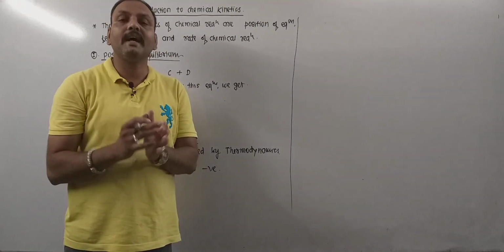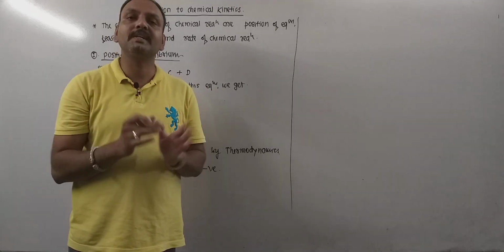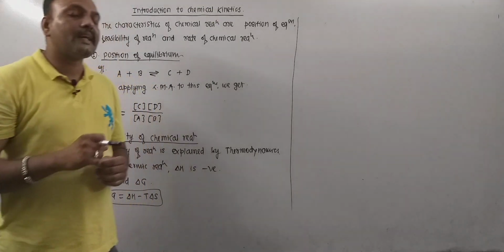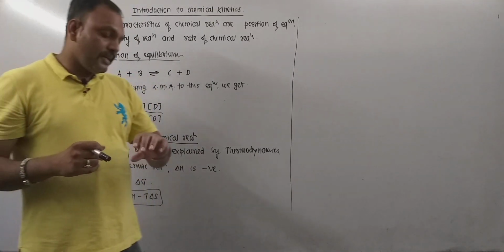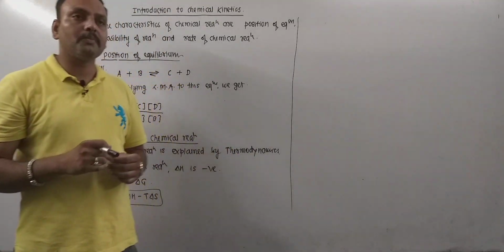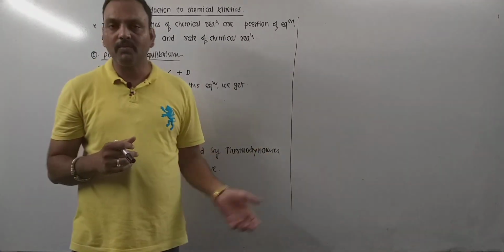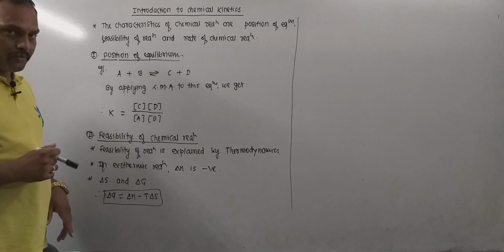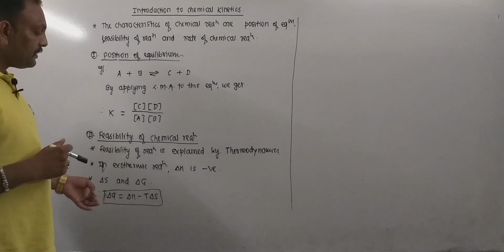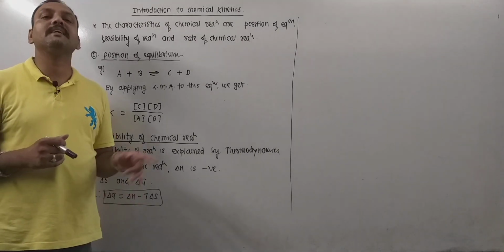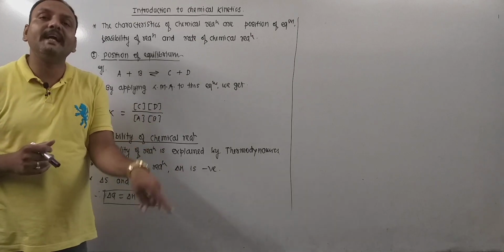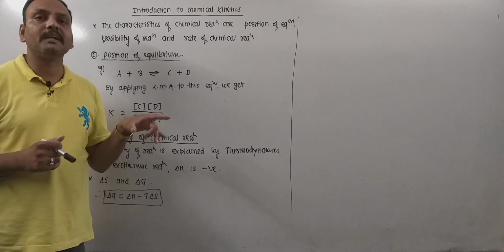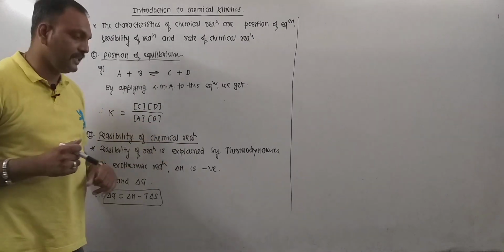Remember delta S, I mean delta S total. We are interested in the delta S total. What it means is that delta S total is the total entropy change of system plus that of surrounding. If delta S total comes positive and delta G, that is Gibbs free energy change, is negative, then the reaction is feasible, I mean spontaneous.